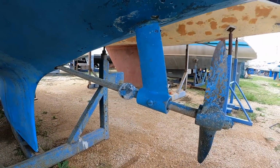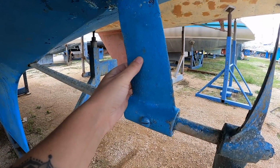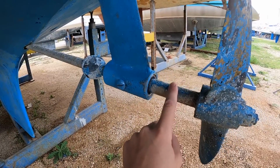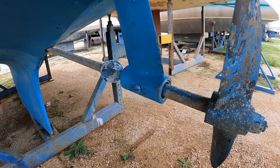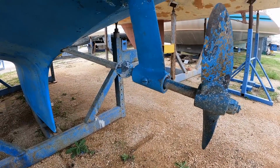But also we've changed, his bracket is smaller because we've changed ours. His prop shaft is smaller because ours is gonna be 30. Yeah, 35 mil. So yeah, for what I see,